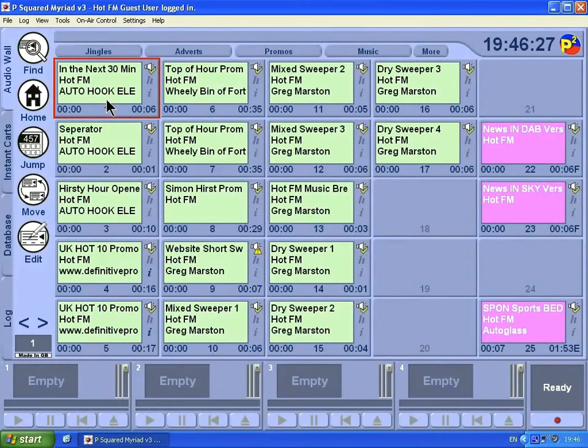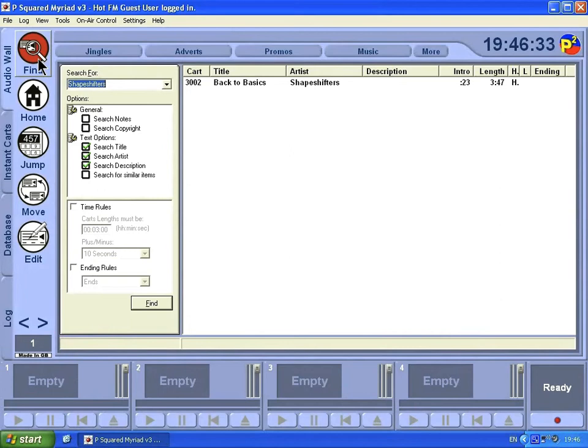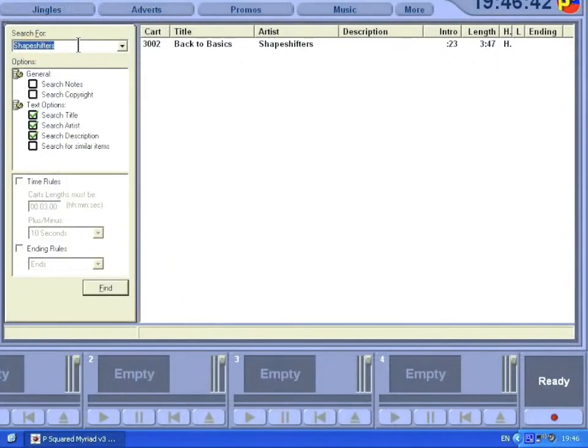So in this chapter we're going to take a look at finding carts. Now the easiest way, click on the Find on the audio wall here, and you can also get to this by right-clicking on any cart and selecting Find Cart. Your last search query, you can also click on the triangle here and it brings up your last few recent